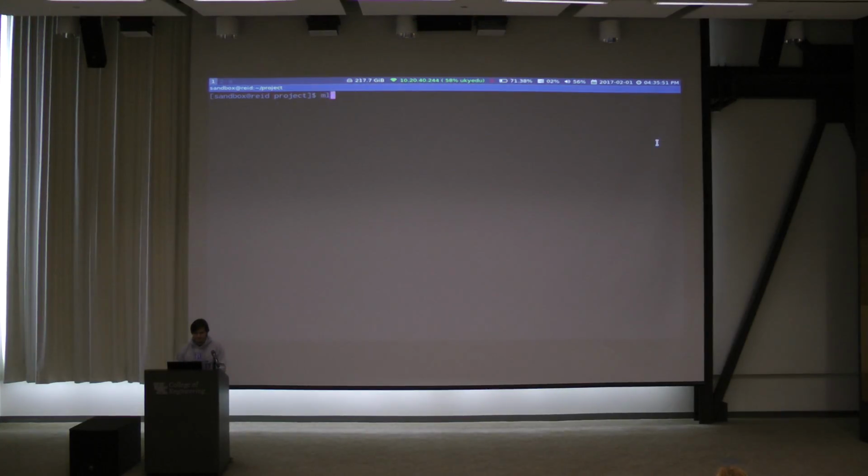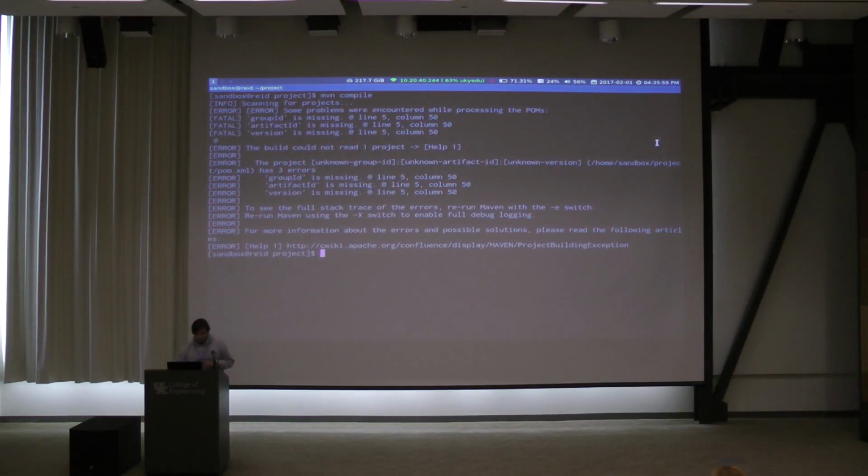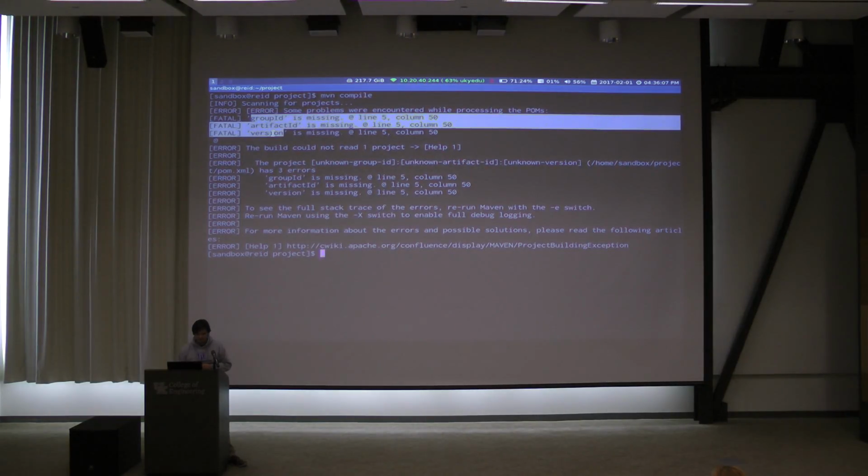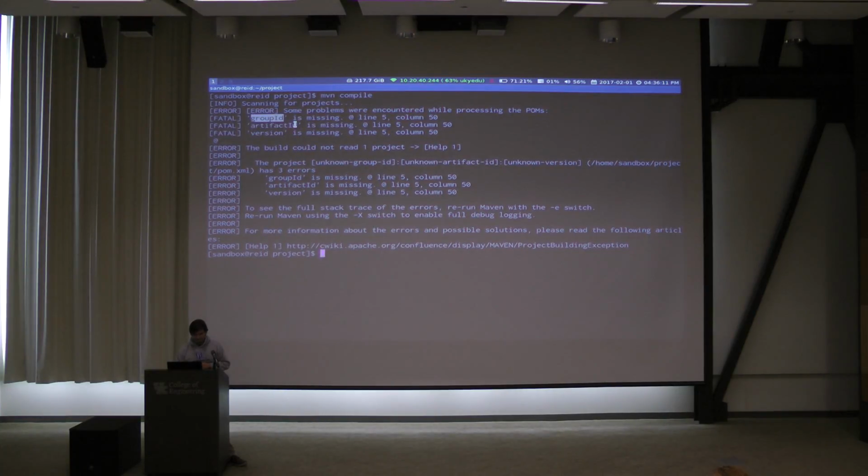Okay, so we have this POM file here. I'm going to try this command again. We'll see if we get anywhere this time. Okay, it's a different error. That's nice. If you observe this, we have essentially three problems. They're repeated down here. We're missing something called a group ID, an artifact ID, and a version.